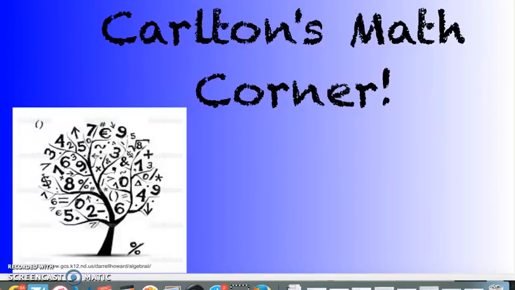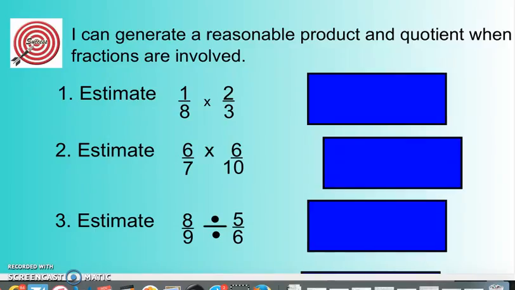Today we're going to continue our study on estimating fractions and mixed numbers. One of our targets is: I can generate a reasonable product and quotient when fractions are involved. Remember, product means the answer to a multiplication problem, and quotient is an answer to a division problem. Today we're just estimating, so we're going to be changing our factors. Remember, factors are numbers that we multiply together, and we're going to change them to